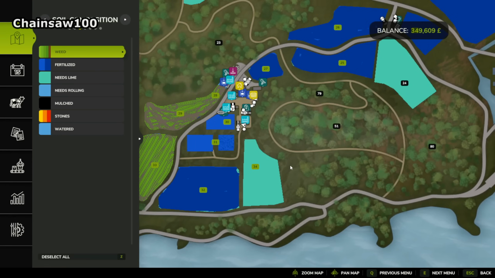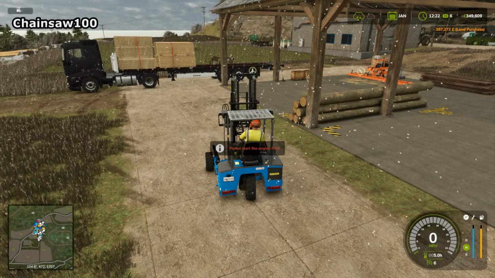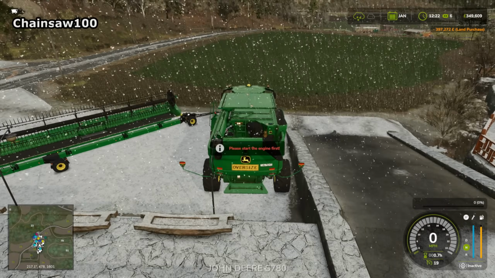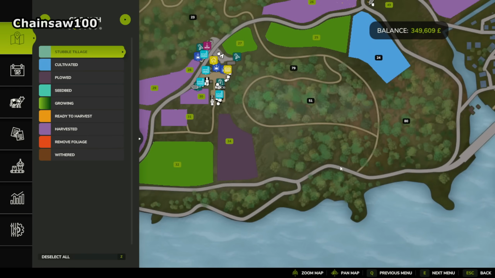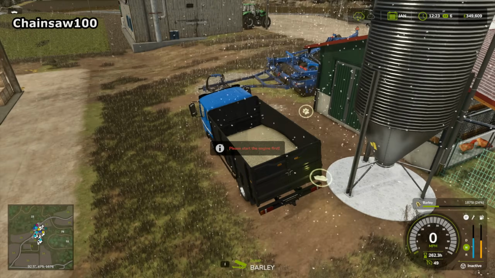So we'll buy that. It's just under 400,000. That's still leaving us with 350,000 in the bank, which isn't bad at all. More than enough to buy a new tractor as well in another episode. But yeah, there we go. That's our land now. We own all of this, which is a decent area. I will get on the tractor